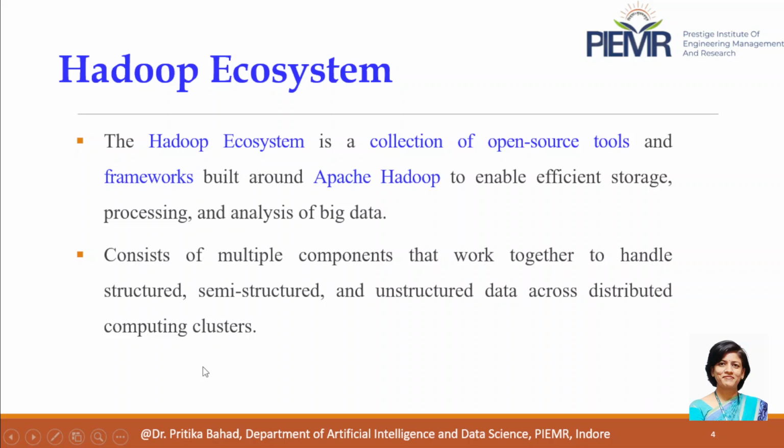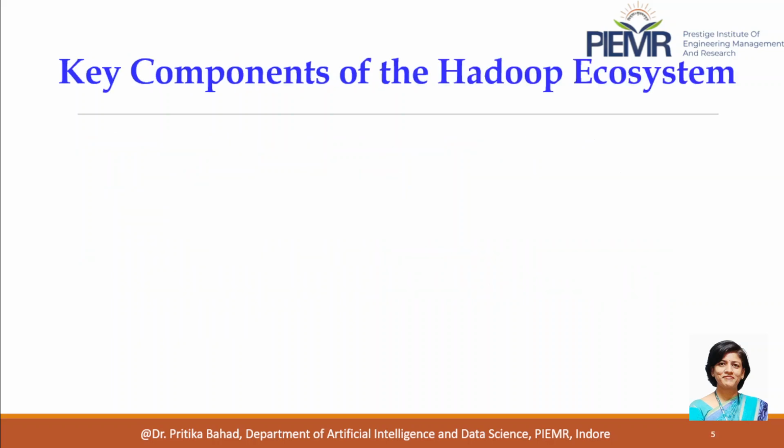So the Hadoop ecosystem is a collection of open source tools and frameworks that are built around Apache Hadoop to enable efficient storage, processing, and analysis of big data. The Hadoop ecosystem contains multiple components that work together to handle structured, semi-structured and unstructured data that is stored over distributed computing clusters. The key components of the Hadoop ecosystem can be classified on the basis of their nature, and these are